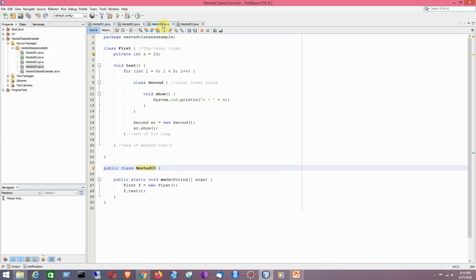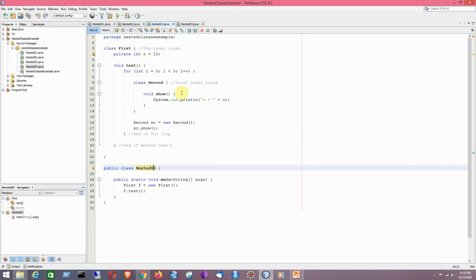But here it is a different kind of non-static nested class which will be defined inside a method. So instead of defining it directly within the outer level class, I have defined it inside a method. That is why it is also called local inner class.